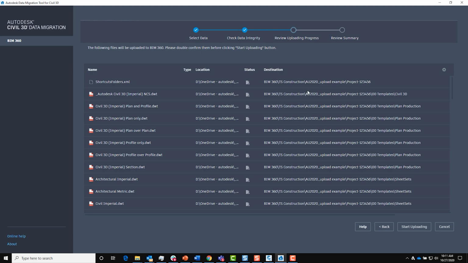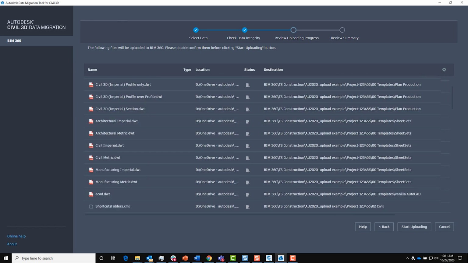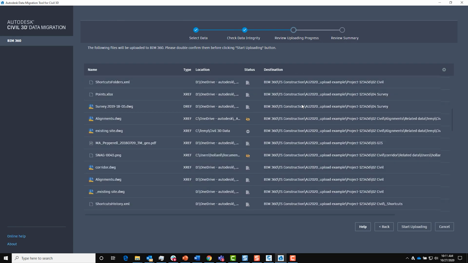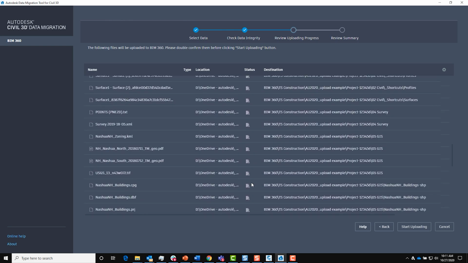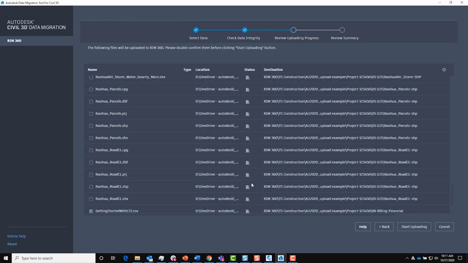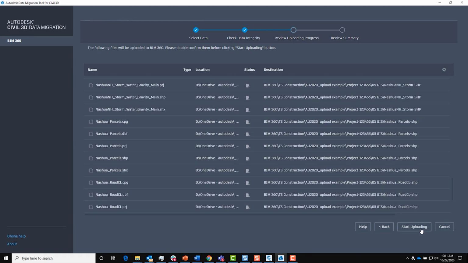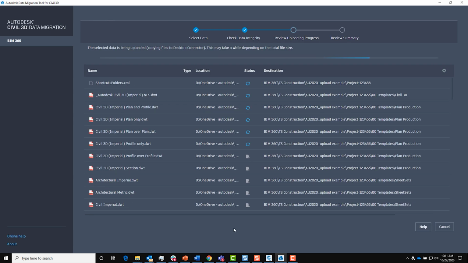We can go through, take a look at the files. This is our last chance to maybe go back a couple steps and omit some files if we wanted to. Any issues will show up in the status, but that's okay. We actually decided not to upload that. And if it can't find it, it won't do it anyway. But this all looks good. So I'm going to go ahead and click Start Uploading. And depending on the size of the files that I'm uploading, this could take anywhere from 30 minutes to part of a day. So now we're going to be patient and just let it do its thing.